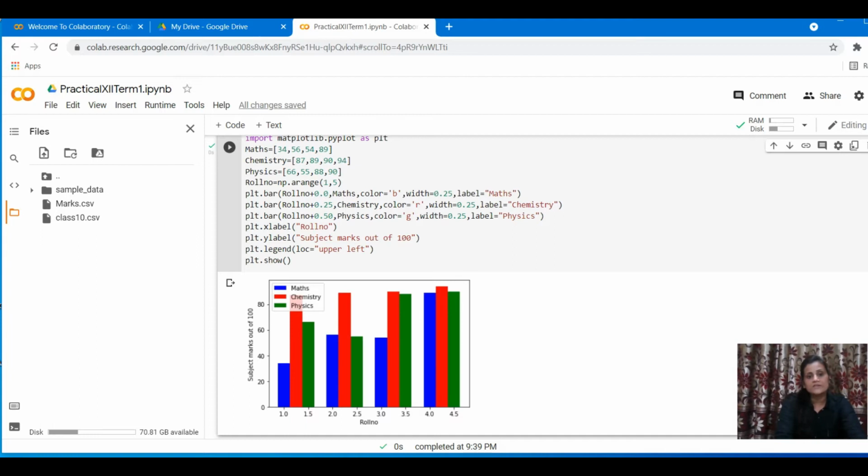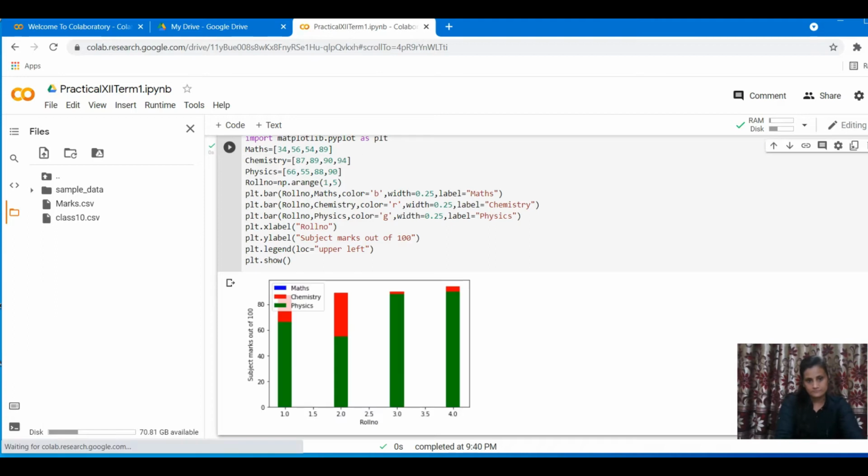Now, what is the significance of giving 0, 0.25, 0.50? Here you can visualize the graph bars one after another properly. I am going to remove this and show you what difference it is going to make in your graph. You will not be able to see the graphs properly if you don't use them. See here, simple, what we are doing is we have the bar, first one for mathematics, we want to shift a little bit by the width, plus like this. So whatever the width is, accordingly we are using plus.